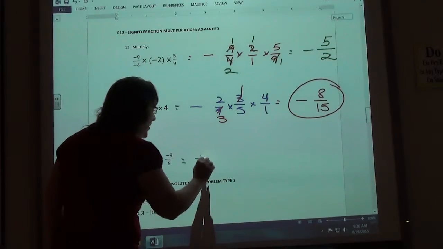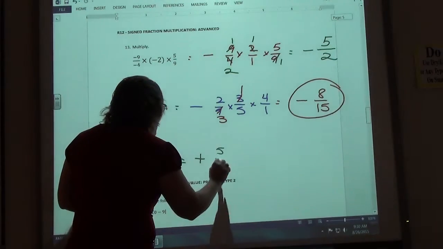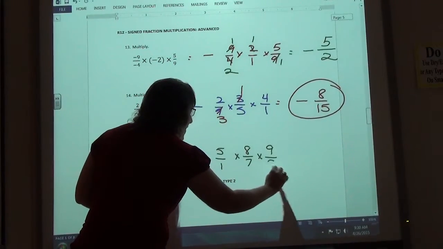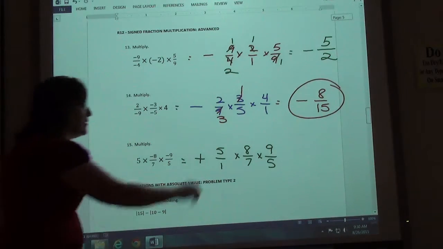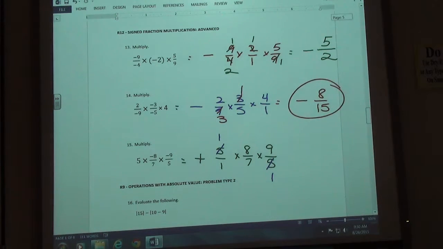So I just for fun like to put a plus sign there so that I know I checked. 5 over 1 times 8 over 7 times 9 over 5. Can I do any reducing? The 5s cancel out. 5 goes into there once and into there once. So when I multiply across, I'm going to get 72